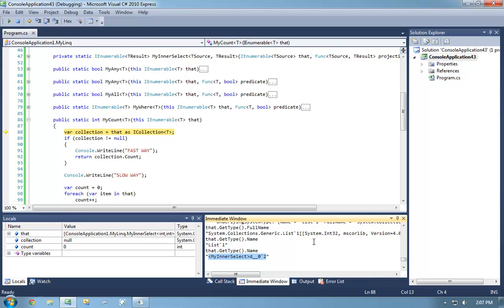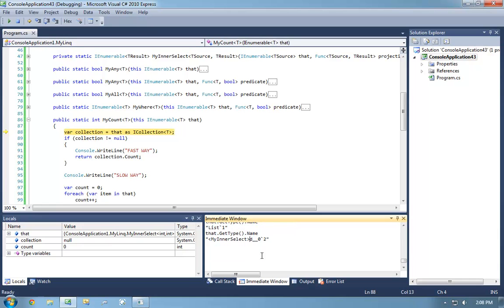There's a term that everybody always laughs at whenever I say it, but it's actually in the specification: unspeakable. This is an unspeakable type name. We know it's unspeakable because it has these symbols in it. It's not possible in C# for us to use these symbols for a type name, although it is possible in IL. So when the C# compiler generates a type for us, it makes it unspeakable so that we can't accidentally refer to it.